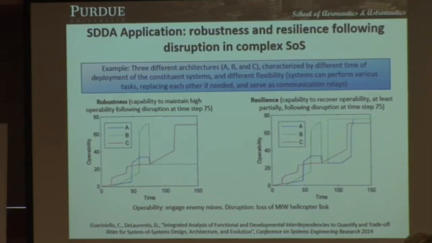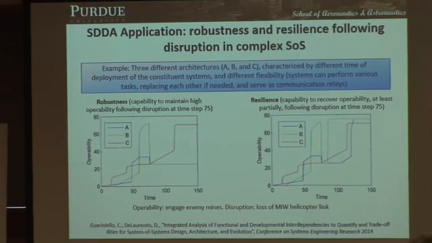First thing we can measure is how robust our architecture is. Can it recover? Architecture C is the most robust. Simply, the risk we had accepted was less. We had deployed some systems later, so we achieved less capability at some point, less than architecture B or A. But since we had this later deployment, we also had more flexibility. That means when there was this attack or disruption, architecture C was the best, the most robust.